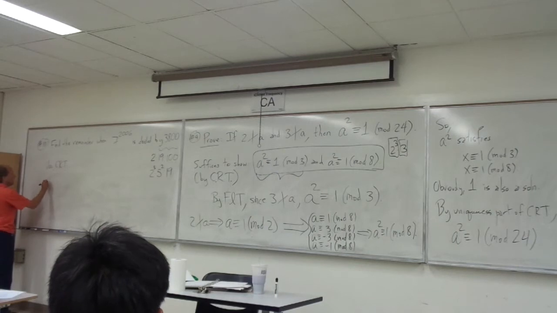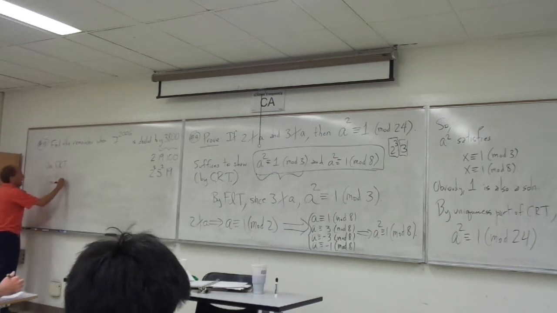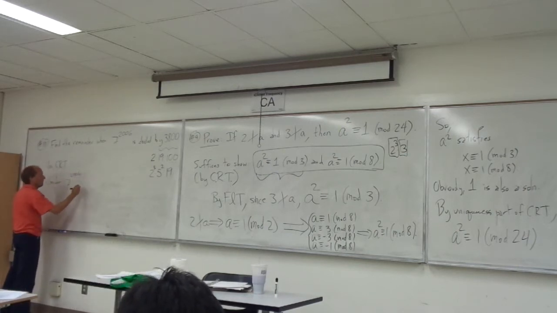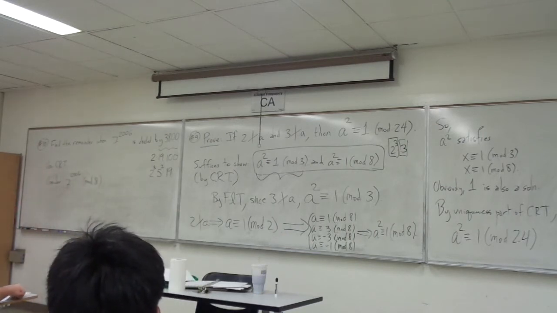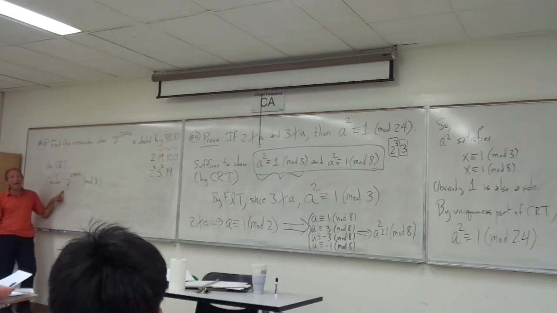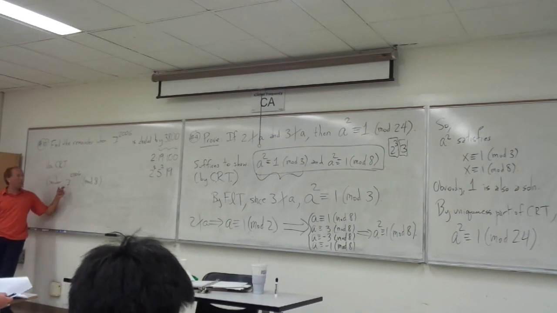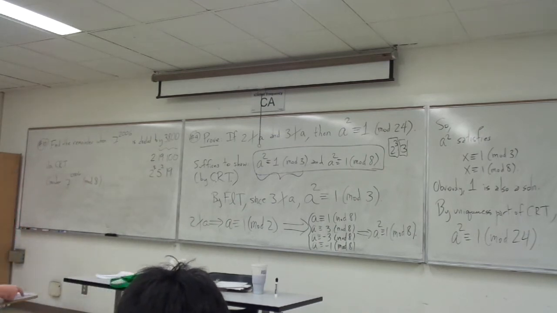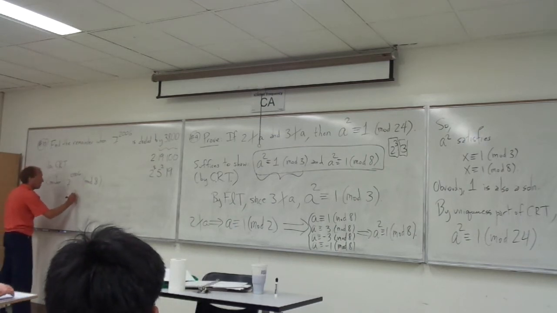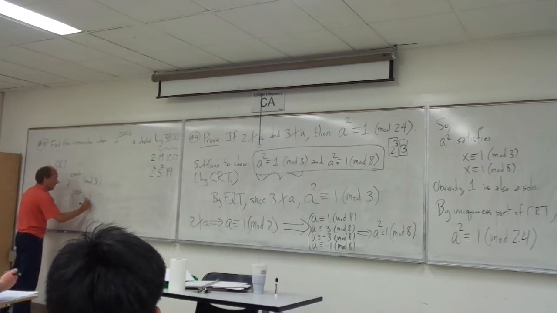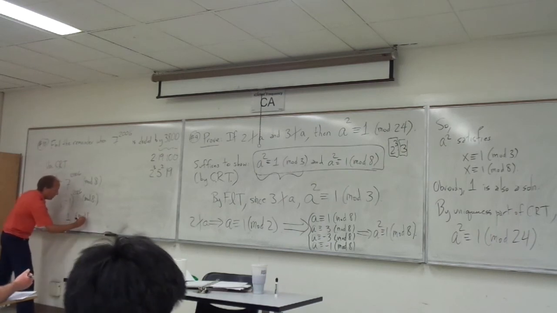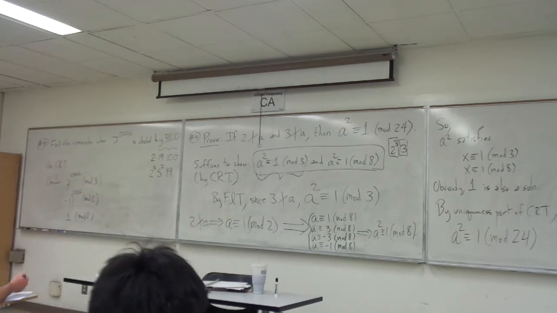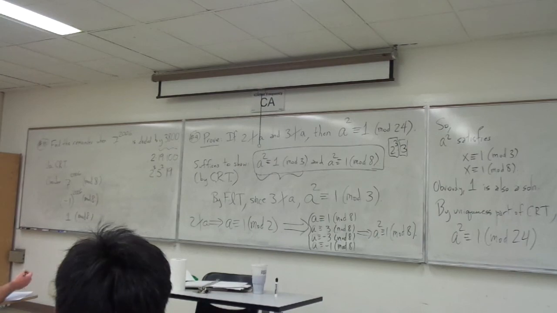So consider 7 to the 2006, mod 8. What do you suppose we can do with that? Okay, everybody should be thinking by now, change these to negative. If you see a number close to the mod, switch it to negative. So this is just -1 to the 2006 mod 8. So that's just 1 mod 8. So I'm going to start writing my summary maybe over here. This is what you would write at the end of the solution, but